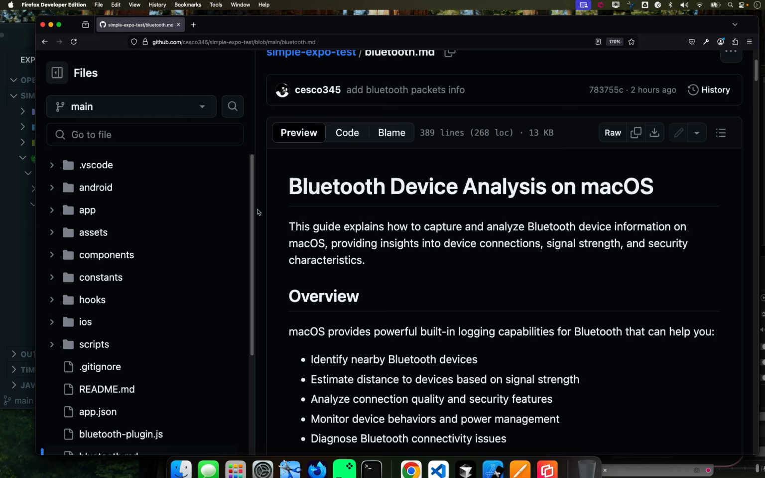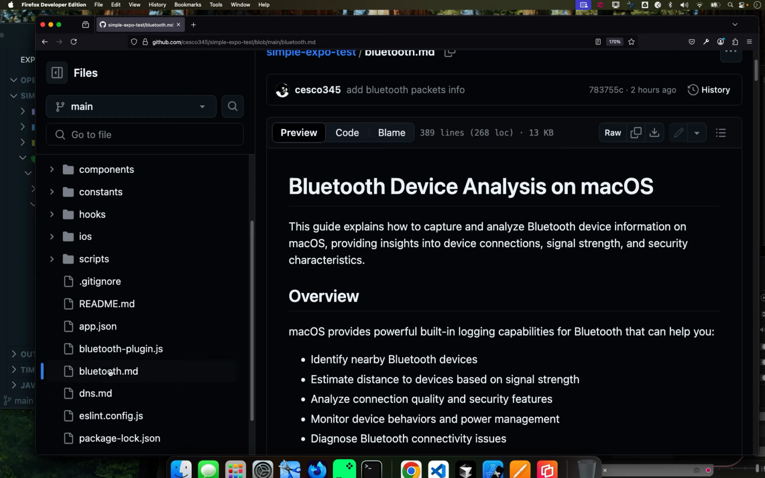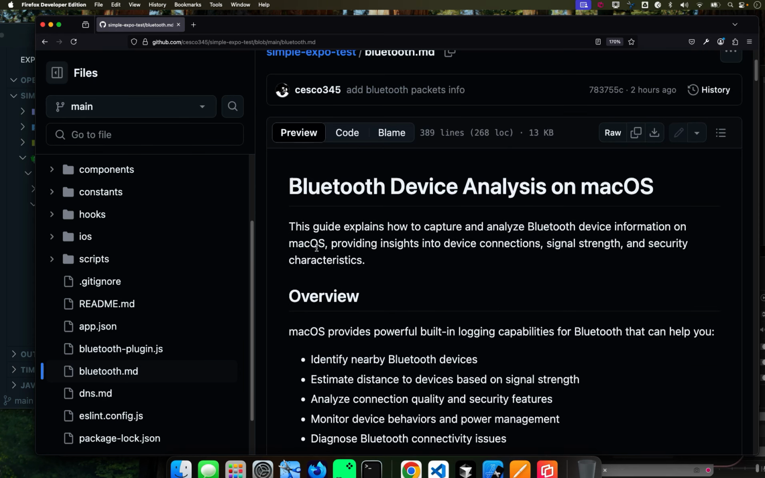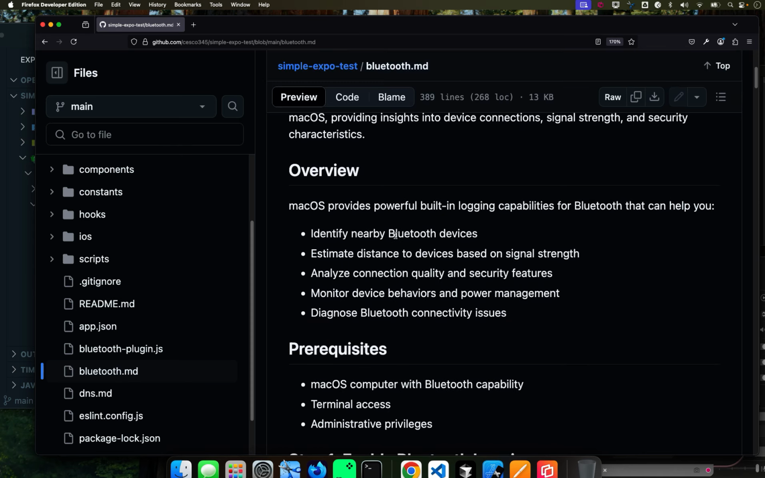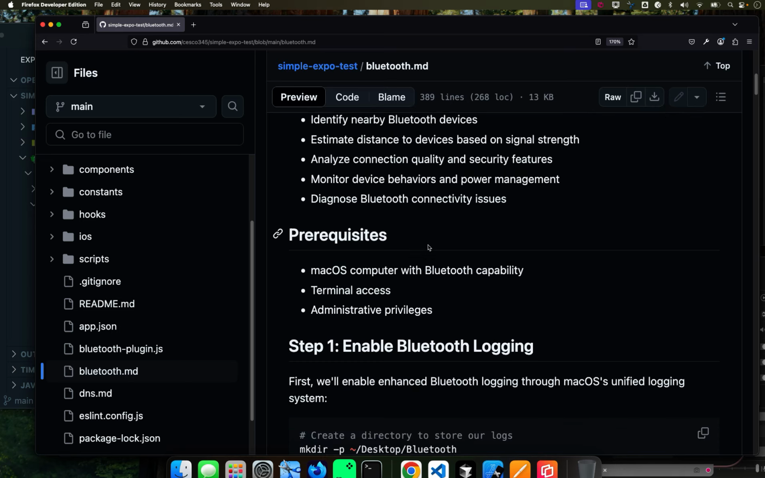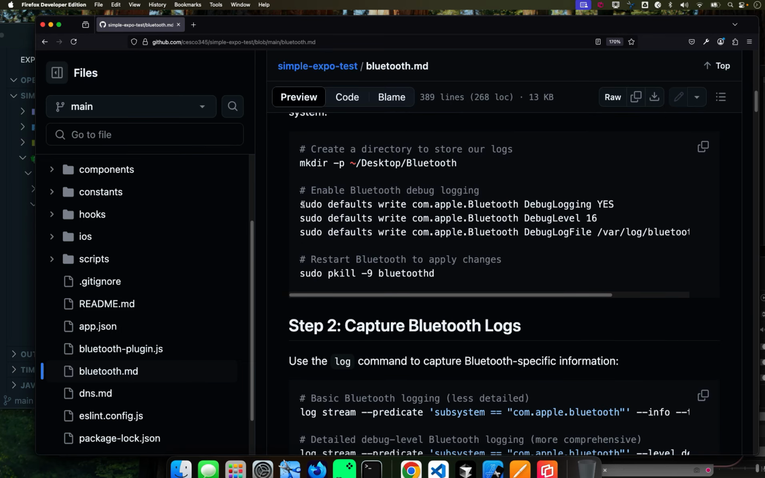But I created this document right here on my GitHub. It's called Bluetooth Markdown, and it talks about how to do a Bluetooth device analysis, whether it's a Mac or Linux or Windows. There might be differences, but the programming logic will be the same. And you can identify Bluetooth devices and estimate the distance and all that. The way to do it, you just follow these commands,